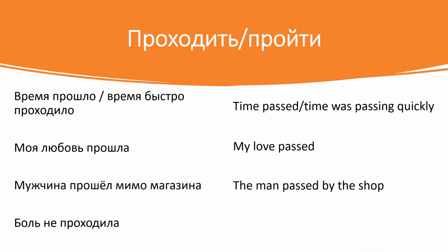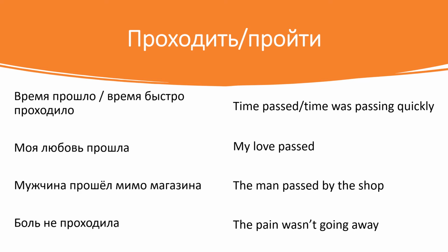So the man passed by the shop. Мужчина прошел мимо магазина. Finally, боль не проходила. So боль is a feminine noun, and that's why you use the feminine ending on проходить here. Боль не проходила. And that's kind of a depressing sentence, meaning the pain wasn't going away. You use проходила because it's kind of a longer process, but again, we'll discuss that in